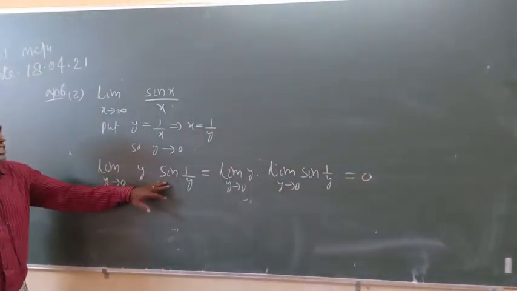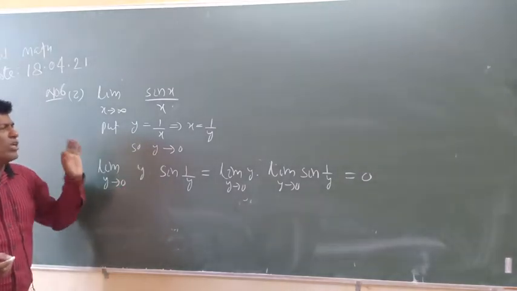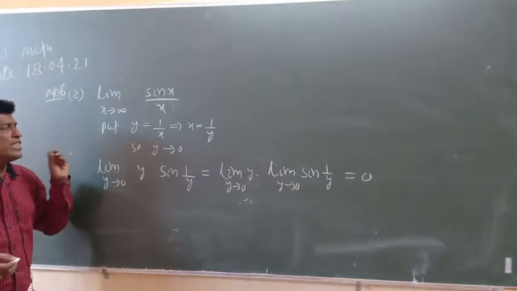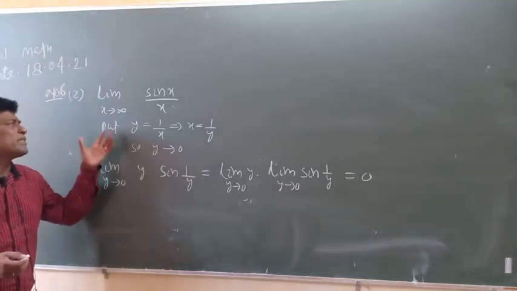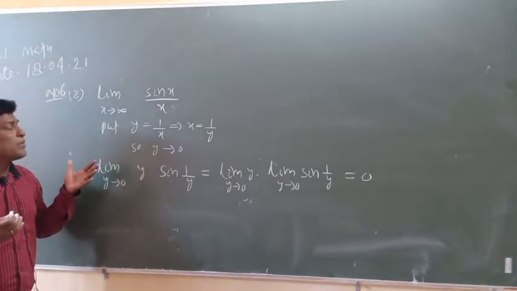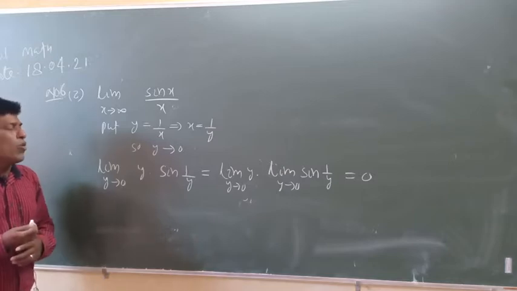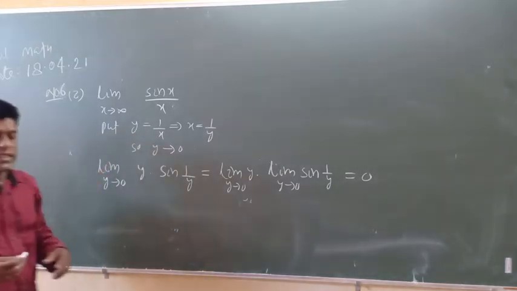That particular question I solved in number 2i. So only one thing to remember here: taking y is equal to 1 by x, by using limit transformation. Using the limit transformation, put y is equal to 1 by x. So no doubt x is equal to 1 by y and y tends to 0. That's all about your answers.